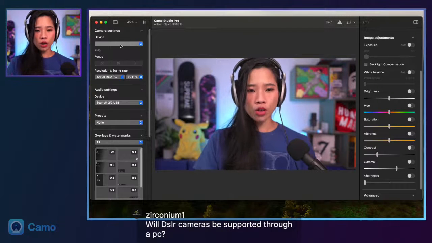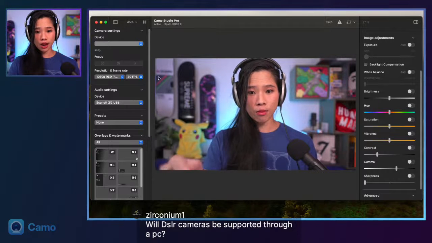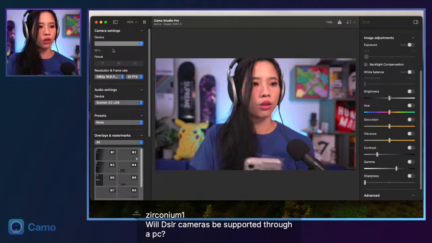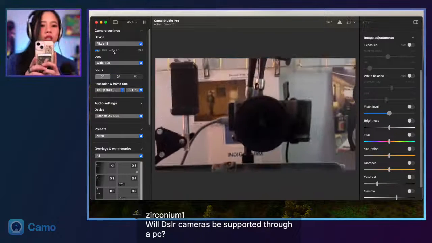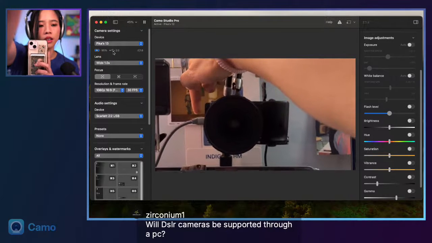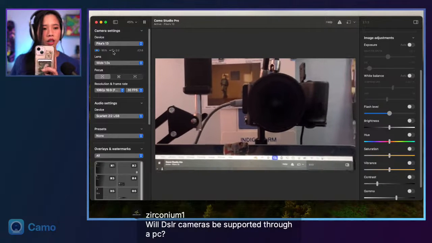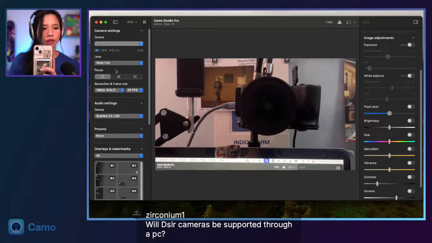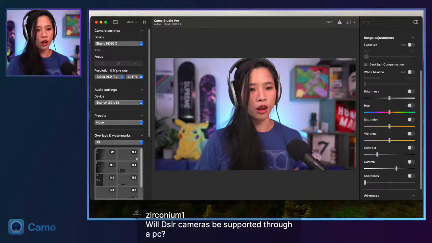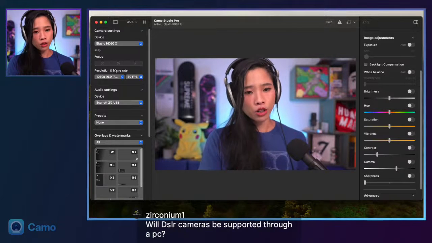I have the micro HDMI cable on one end that's plugged into the camera. Actually, let me switch to my wireless setup so I can show you what I mean. Okay, so this is my camera setup. This is a micro HDMI to HDMI cable on the other end, and I'm not going to go to my nest of wires to show you how everything is plugged in because I don't want to hurt your eyeballs. But it's connected through the HDMI cable, goes into the capture card, and then the capture card is